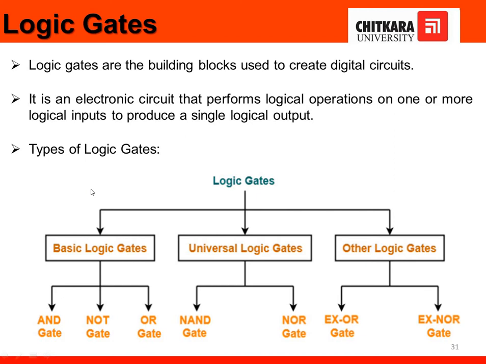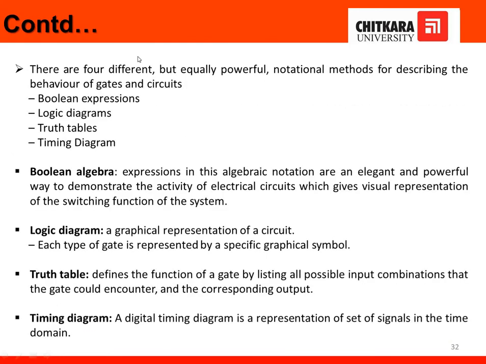Other logic gates like XOR and XNOR are helpful whenever we deal with combinational and sequential circuits, which will be covered later, but at that time they really help us. In order to understand these gates, we have to understand the Boolean expression, logic diagram, truth table and timing diagram. Truth table consists of the input and the output of the system. Logic symbol represents the symbol for that respective gate, the Boolean expression gives the expression with respect to the truth table, and the timing diagram is the graphical representation of the output of the system.